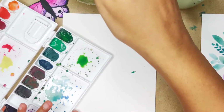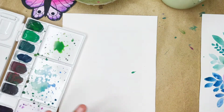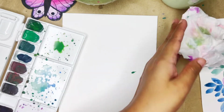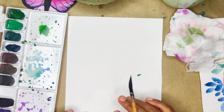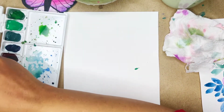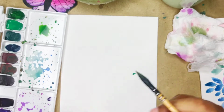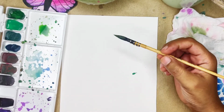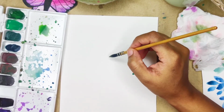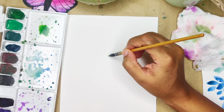So the most important thing is how to make the roses. For roses, I'll show you a very simple and basic idea. Let me take some yellow and some water on my brush, and then I want to make the rose here. To start with making the rose, you just have to make a dotted kind of thing, very small,